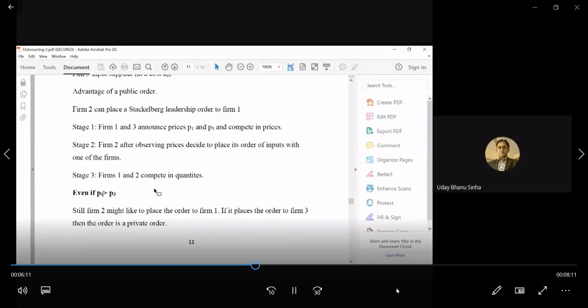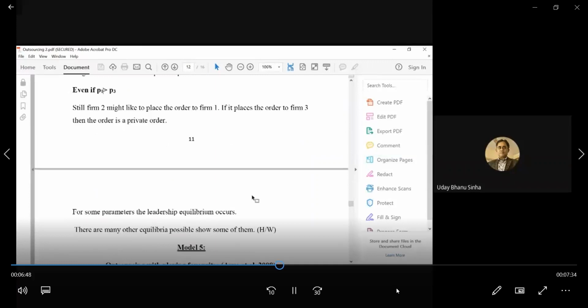So what would be my best response when someone chooses the leadership quantity? Your best response, at that stage of the production, which is the subgame where the production takes place, is to assume the followership position. And you, being farm 1, a player with rational expectation and perfect foresight, will be able to guess that, and then based on that, you will only accept that order of input at a price P1, provided that your overall payoff from the followership position in the output market and the profit from the input selling is greater than what you could be getting just by not selling input to farm 2,